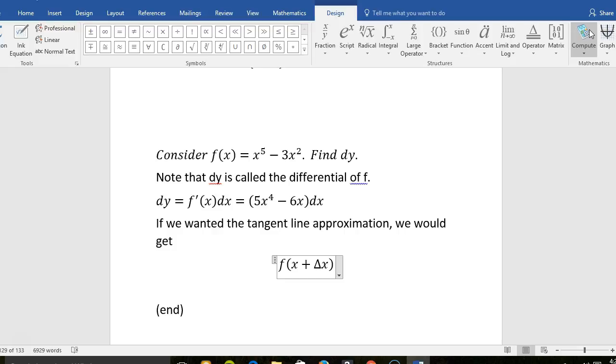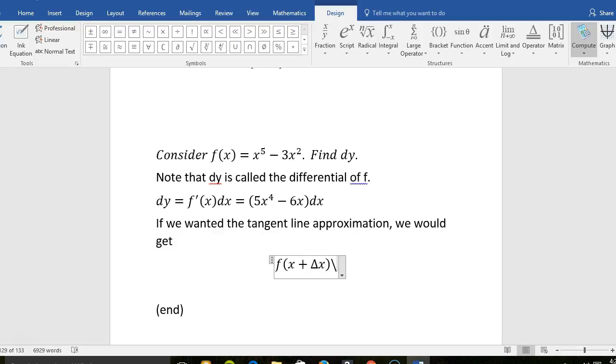But we're not going to find the real McCoy, we want the tangent line approximation. Actually, no, never mind, let's just get dy. So if we wanted the tangent line approximation,